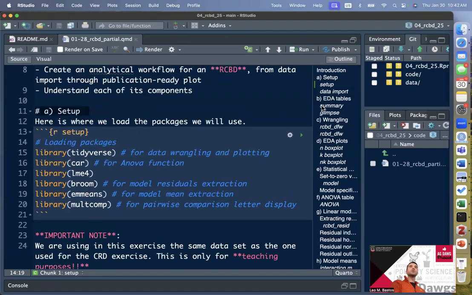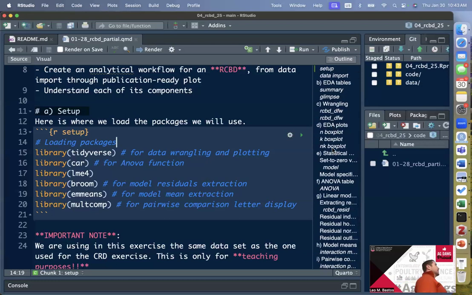We're always going to do some exploratory data analysis, understand your data to see if you have maybe some value in your data set that does not make biological sense, maybe a typo. If you don't have EDA, you go straight into modeling, straight into ANOVA. You may get some weird results in your ANOVA, and you may not ever know why. So always look into your data through EDA. You use tables, you use graphs. Normally, you're going to have some level of wrangling required. So I would say always I import data, I load my packages, I do EDA, I do wrangling, and then